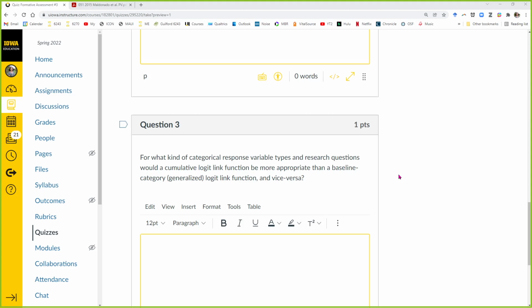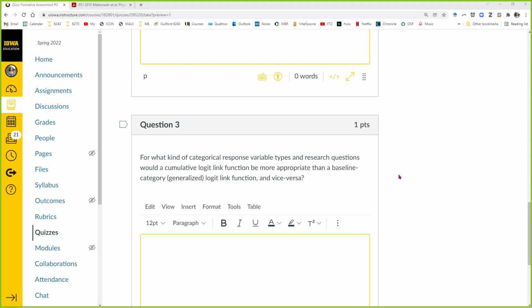Because an ordinal model uses a cumulative link, which lumps together categories above a certain number. But in nominal outcomes, the number that goes with the category is completely arbitrary. So it doesn't make sense to lump together 2 and 3 and 4 in one submodel and then 3 and 4 in another if those aren't quantities that have any kind of direction associated with them. So that's the one thing you can't do, is take a nominal outcome and fit it with an ordinal model. So ordinal model means cumulative link function. Nominal model means baseline category link function. And both of them use multinomial as a distribution.